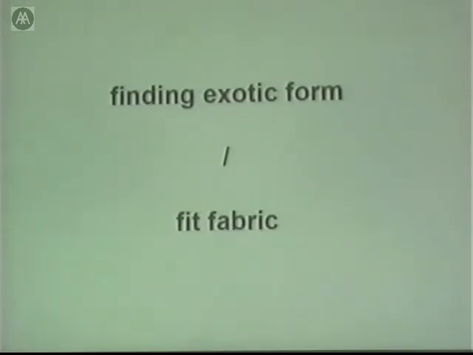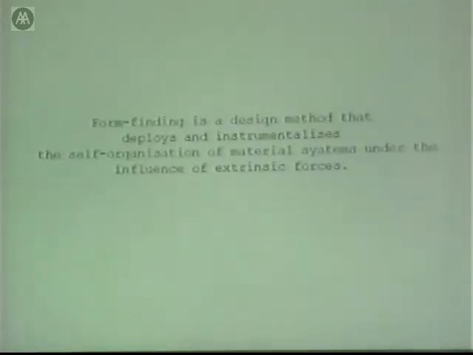Obviously, to deal with one parameter only means that you try to make your form that you evolve or your structure that you evolve with the minimum effort in terms of energy and material to perform that task. But if it has to perform multiple tasks, and if these even seem to be contradictory, how do you cope with that? And thirdly, how can dynamic interaction between material system and environment be strategized in the design process? But I think I will just somehow scrape along that subject because I think Achim has discussed that in great depth. So here's a definition for form finding.